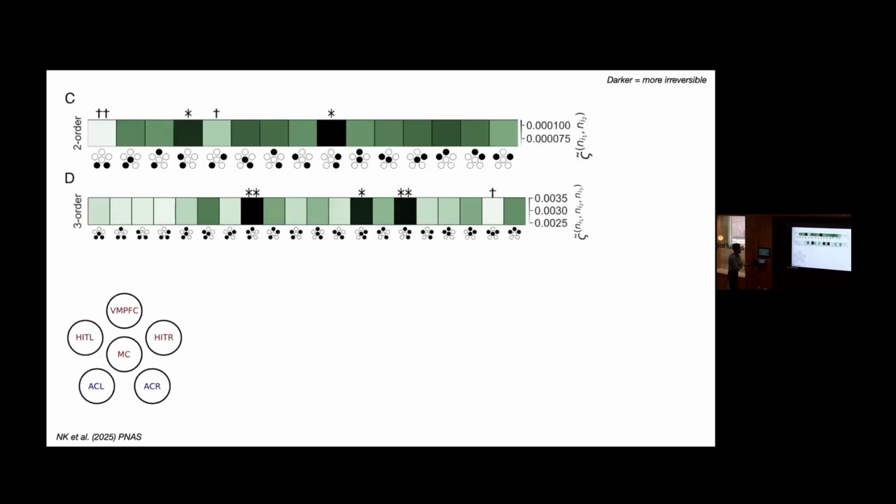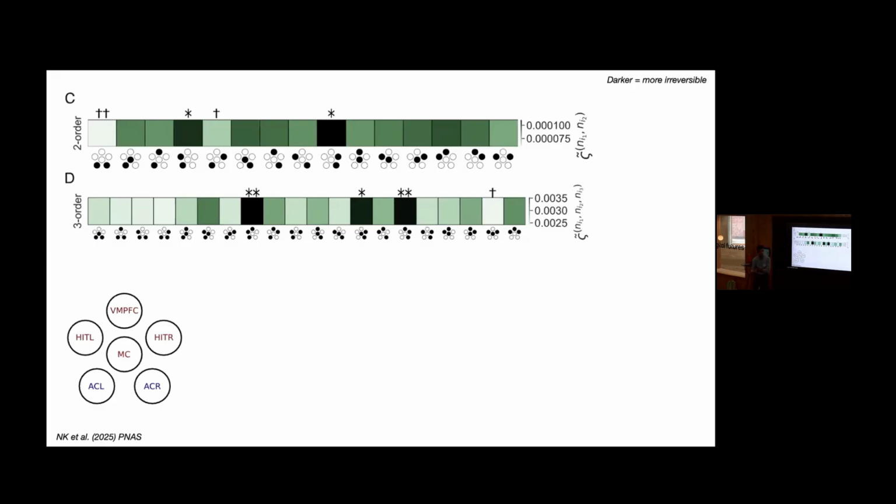So then you have your pairs. You have all the possible pairs in your system. And we find that the ones that are highly irreversible are the hemispheric pairs. This was something Leonardo said was expected; if we didn't see this, the method was not working. We find that the highly irreversible ones are the pair on the right side and the pair on the left side. And the least irreversible one is the 2 auditory cortices.